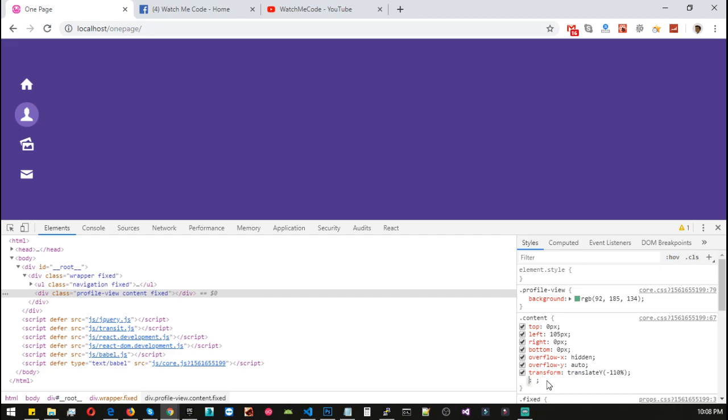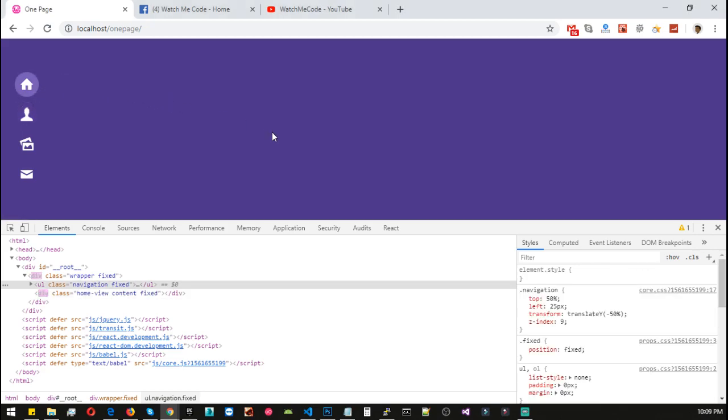Now we have to decide how we want to animate our content view. Either we need to animate or slide it down from top. We can animate it by sliding it from right or left, or we can actually animate in a way that when we click on a view, the current view should slide out of the window and the next view should slide from right side to left side of the window. Now first of all, we should add